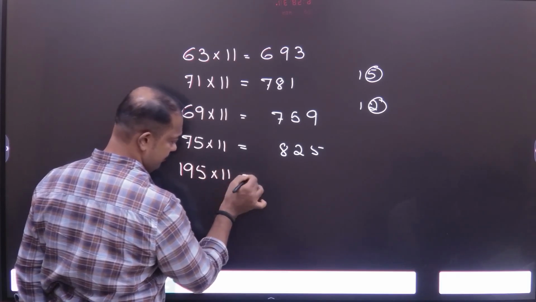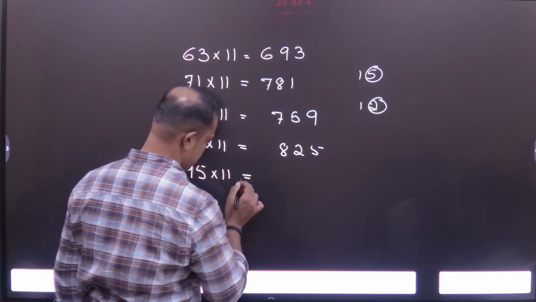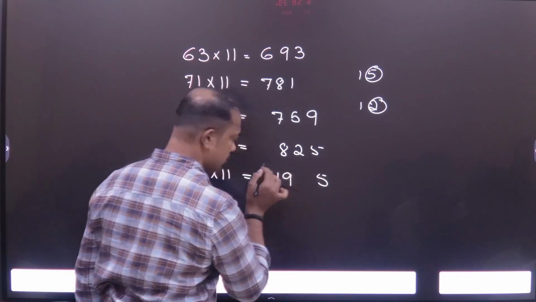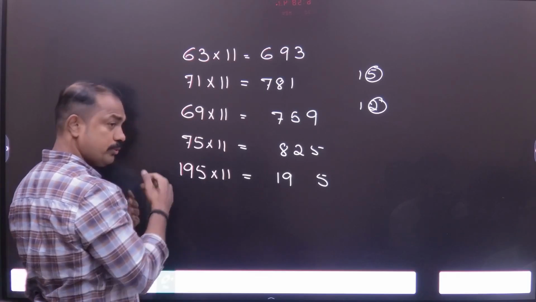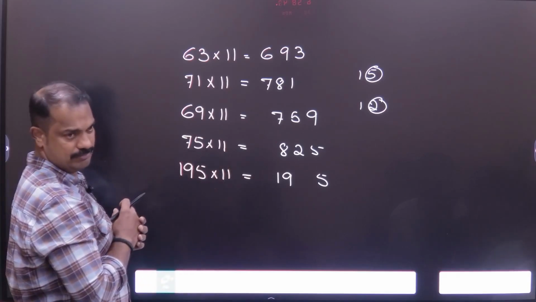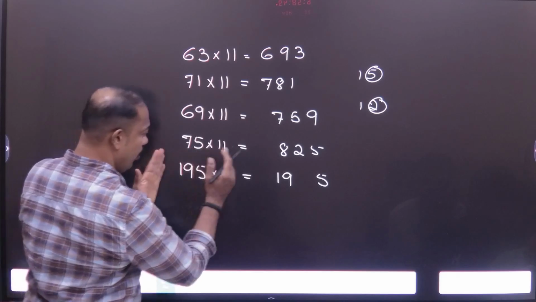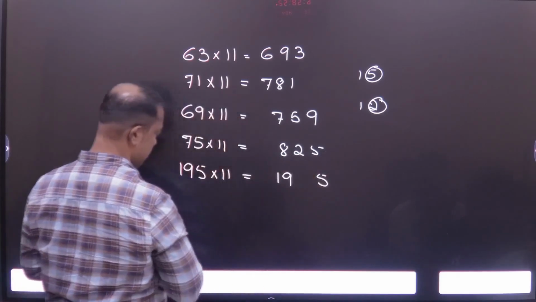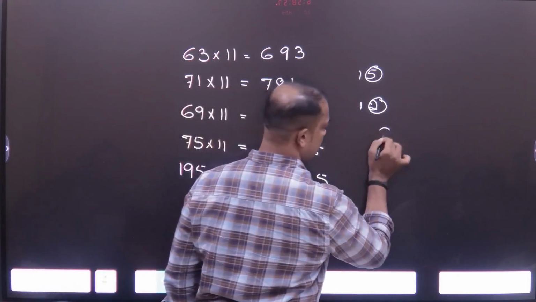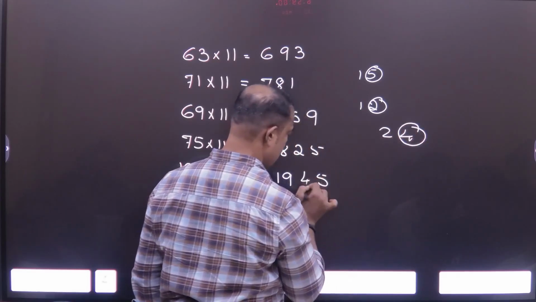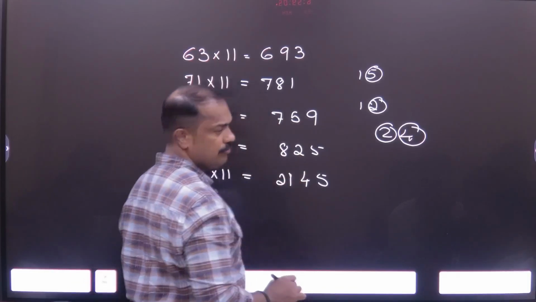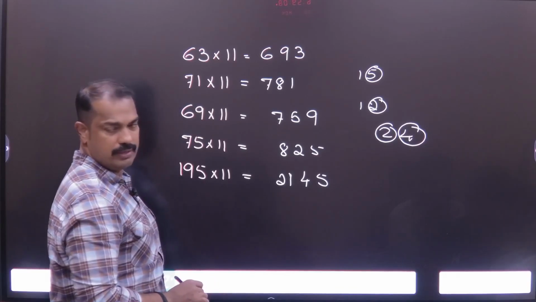195 इंटू 11। वैसे जो लास्ट डिजिट कौन सा है, 5 है, इसको सेपरेट कर दो और रिमेनिंग डिजिट ये कर दो, लास्ट को सेपरेट कर दो, कुछ भी नंबर आया तो, अगर 4 डिजिट है, 5 डिजिट है, सेम प्रोसेस अप्लाई कर दो, क्लियर है। सो 19 और 5 अलग अलग कर दो, 19 प्लस 5 24, लास्ट डिजिट, रिमाइंडर 19 से ऐड कर दो 2 1 4 5, क्लियर है, 2 1 4 5, क्लियर।